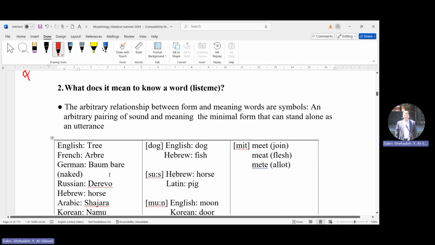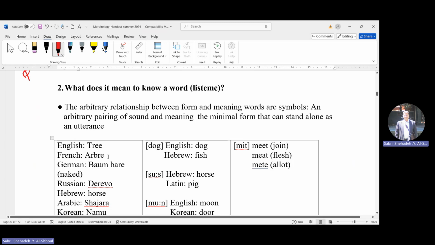Now we move to the notion of lexeme. So what does it mean to know a word or lexeme? First of all, as we all know, the relationship between the form and meaning is a kind of arbitrary relationship in the sense that the words are symbols with no idiosyncratic content indicating the meaning. So it is a kind of convention made by people to have this symbol referring to a certain entity. So this arbitrary pairing of sound and meaning, for the sake of minimal form, can stand alone as an